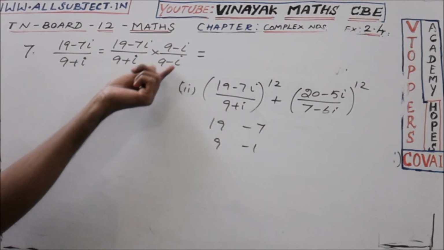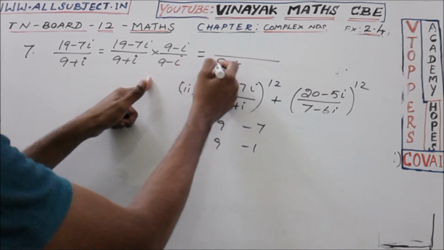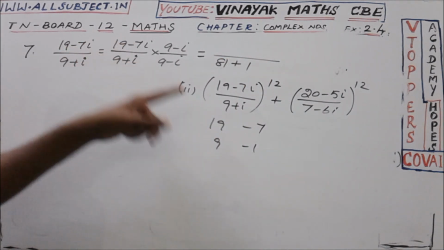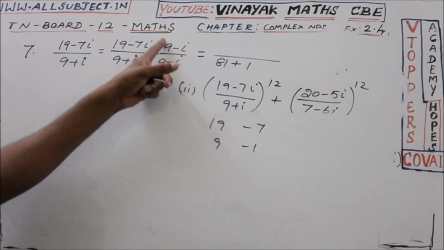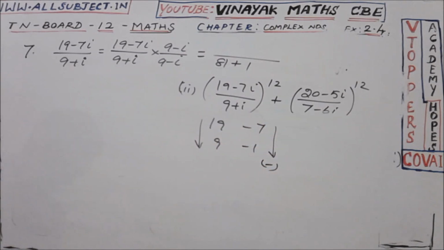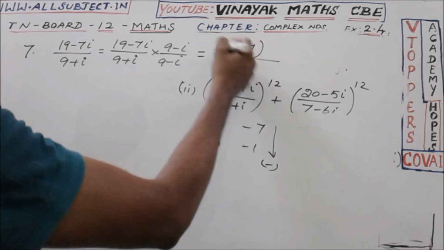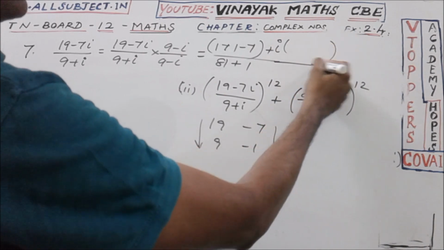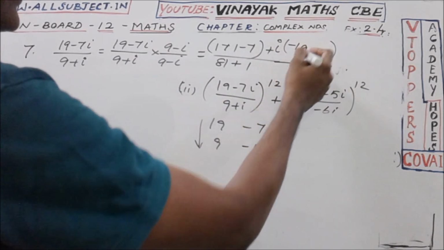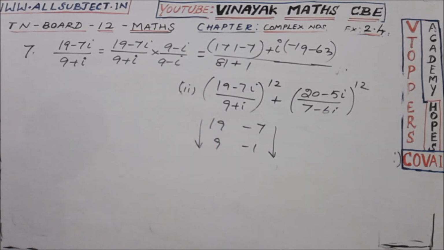The denominator is in the form of (a plus ib) into (a minus ib), so that is a square plus b square, 81 plus 1. The numerator is 19 minus 7i, real part, imaginary part, and then the second complex number, real and imaginary are 9 minus i. Multiply these two and change its sign. Now 19 into 9 is 171, and then multiply these two, plus 7 and change its sign, minus 7i into, just cross multiplying, minus 19 minus 63. Without sign you should multiply, cross multiply, you will get the imaginary part. Simplify that, we will get the answer as